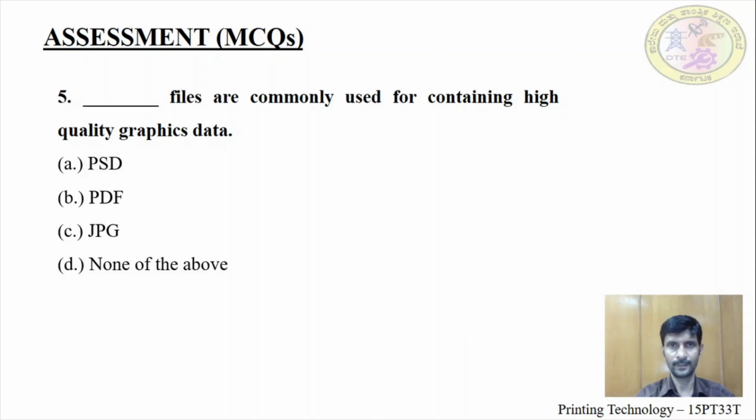PSD is used for bitmap graphics and it may be used for high quality even sometimes. And the last one is none of the above. Now you got the clue to answer this question.